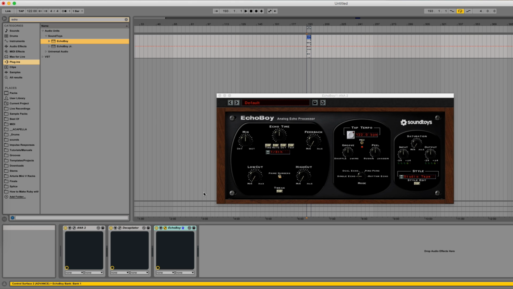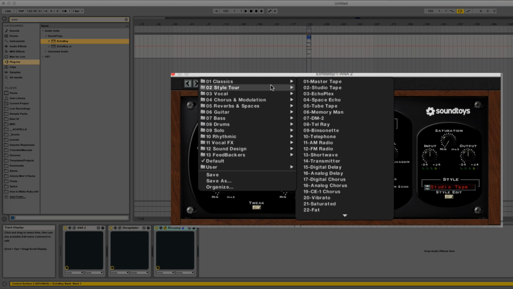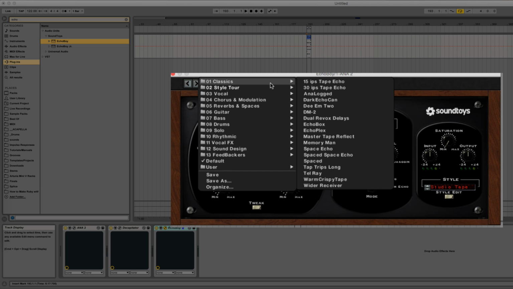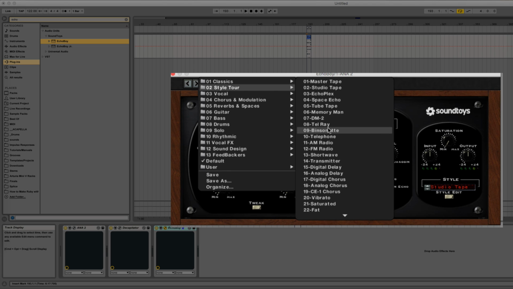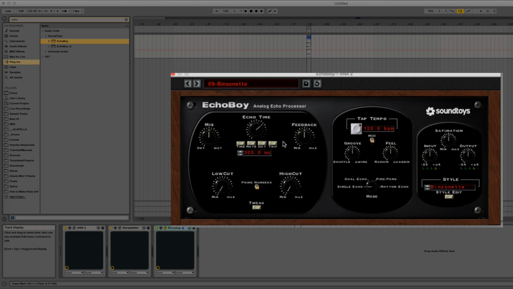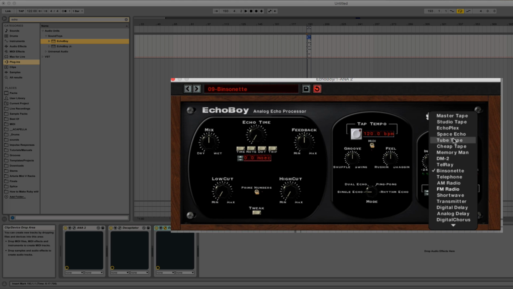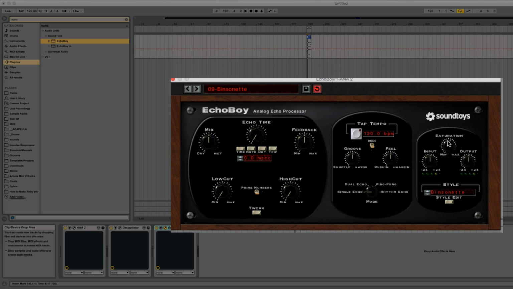So in the case of Ruby, I remember loading up Echo Boy, which is my favorite delay plugin also from Soundtoys, and finding this cool preset, Bisonet. I'm guessing it's modeled after some hardware. I remember playing it and thinking, wow, that's a great tone. Maybe I don't even use this as the delay, I just use it for the tone, because this plugin just has a bunch of different models of delay that really can alter the tone, especially when you move the saturation